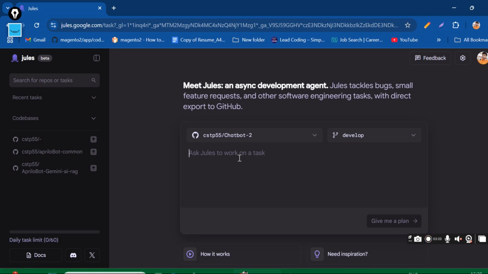If someone using our chatbot wants to ask for shipment status or order status, what would the LLM model, what would GPT respond to that? So I am telling it,